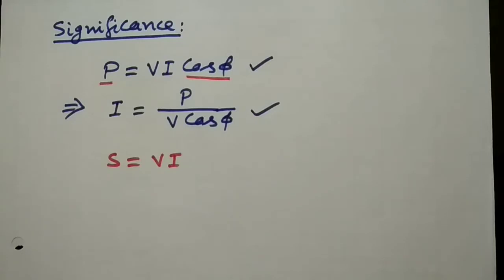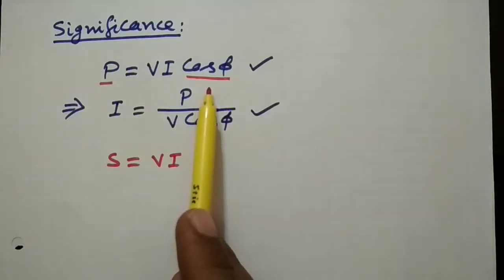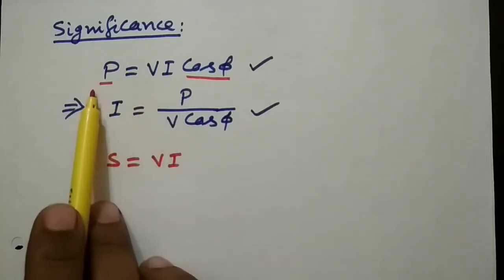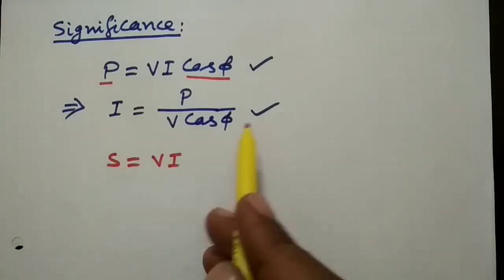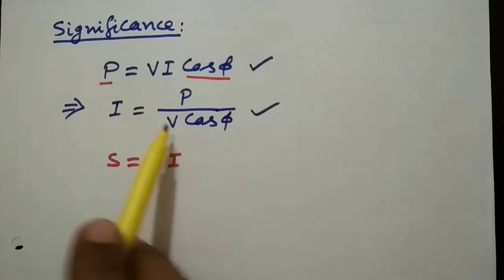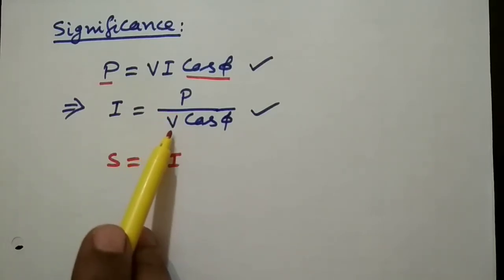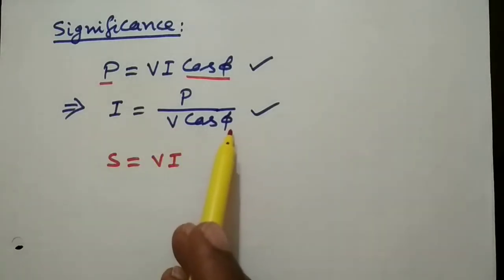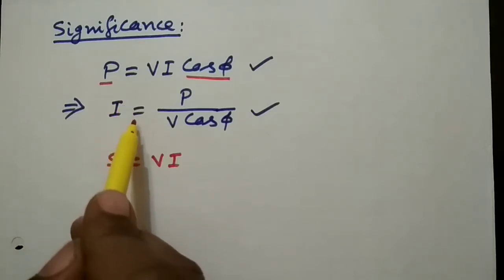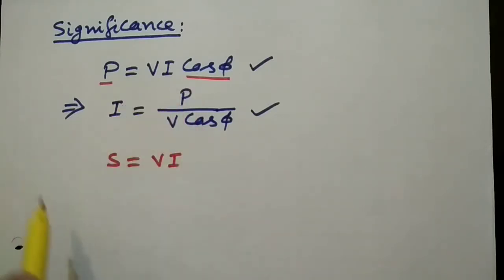Remember one thing, transformers and generators, these machines are basically designed based on the apparent power. But when it is operated, the power factor of the load will decide how much amount of power can actually be utilized. On the other hand, from the second relation, if the amount of power is constant and the supply voltage is also constant, then if the power factor of the load is low, the current required to supply the power will be increased.